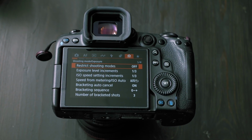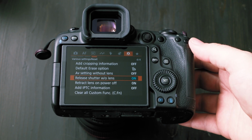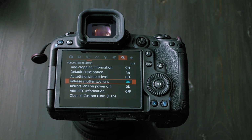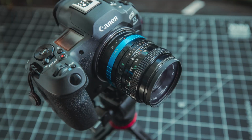And again, if you shoot with Canon, this is going to be like a Canon menu preview or tutorial, but if you shoot with any other kind of camera, Fuji, Sony, Nikon, Lumix, Leica, whatever the case may be, you're going to have a similar setting in your camera system, so you can still activate this setting. It's just going to be called something different, and it might be in a different place in the menu. So the setting you're looking for is release shutter without lens. I've shot with different Canon cameras, and each menu is slightly different, and this setting is sometimes in different places in different cameras. It's usually in one of those tabs that's assigned for customizing the camera. So just go into one of those tabs, look for release shutter without lens, and turn that on. So enable that. That'll allow your camera to shoot with no lens on the front, which is how it perceives